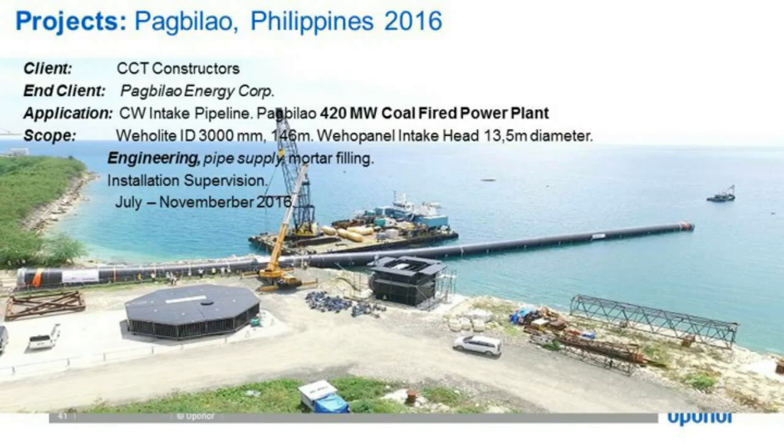Another project that we have been involved in is in Pagbilao in Philippines. It's a project where a power plant was extending their capacity. So they needed to install an intake pipe of 150 meters more or less. But the singular thing in this case was the intake head. The design was not coming from Uponor Infra in this case, but we helped the customer to get the optimal